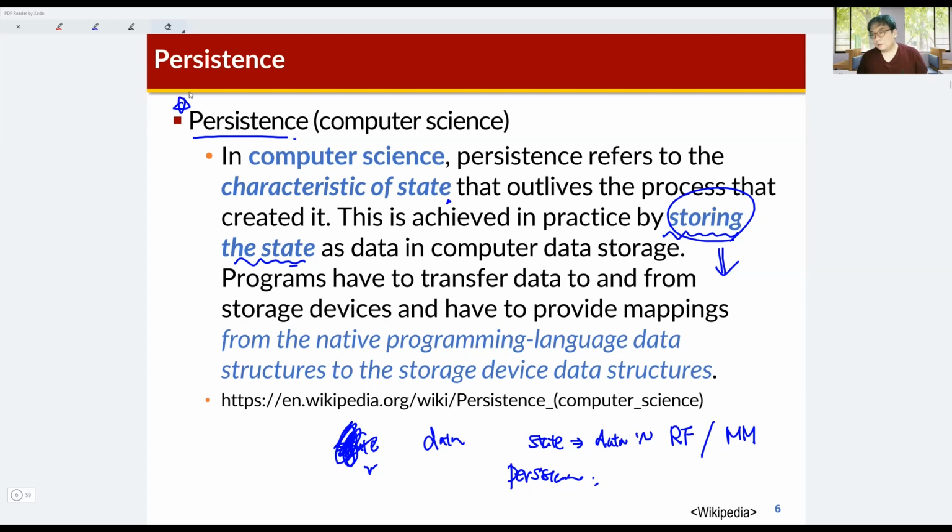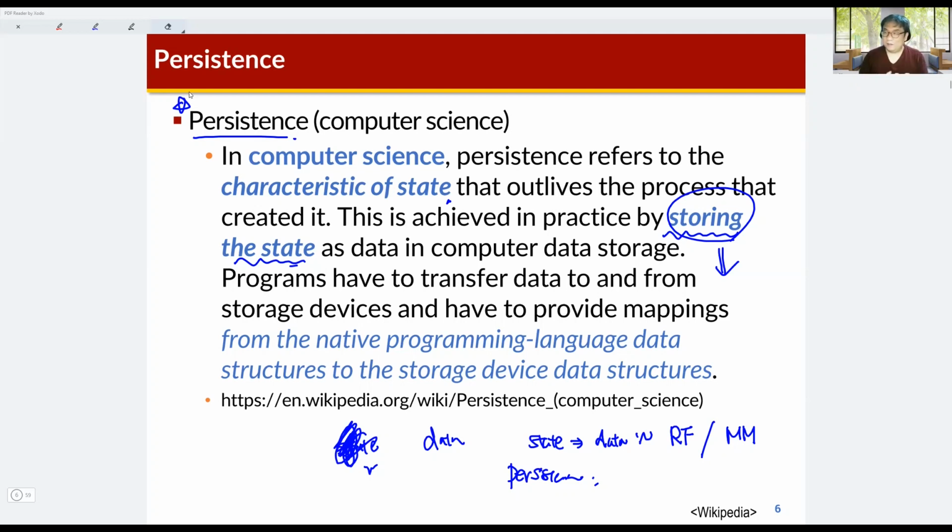Actually, we usually use our storage devices very naturally. That means we do not consider the persistence of our computer system. We just store our data to the storage devices or hard disk drive as a file, right? But why? If we do not save our work, if we do not save our Word document or PowerPoint